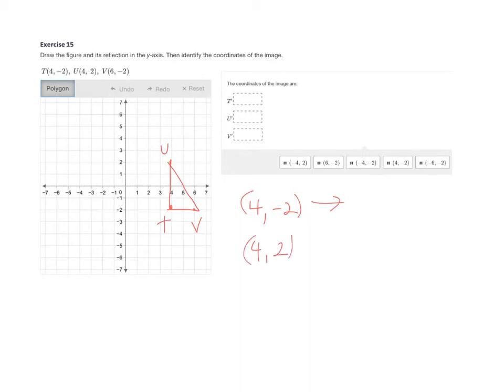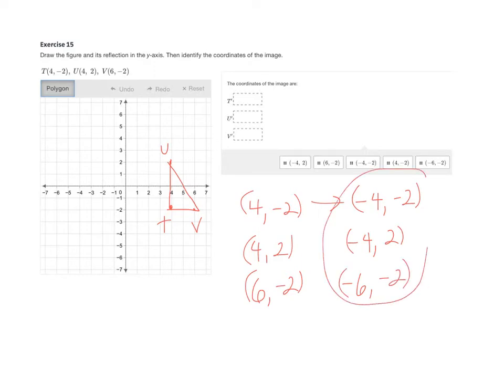And the change is that when you reflect it over the y-axis, the y stays the same and you take the opposite of the x value. So if y stays the same and you take the opposite of x, that's going to be -4, -2. This is going to be -4, +2. And if x, we take the opposite, that's going to be -6, -2. So let me graph these ones. These are going to be our